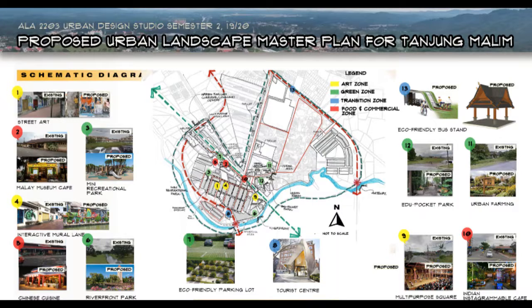For the Malay-based restaurant, the idea of building a museum cafe will be applied at the railway corridor, where there was a former KTM station. For the Chinese, there was already a restaurant that served Chinese cuisine located at the housing area at the Old Town. The idea is to refurbish the area around it to serve as a gathering area and open area